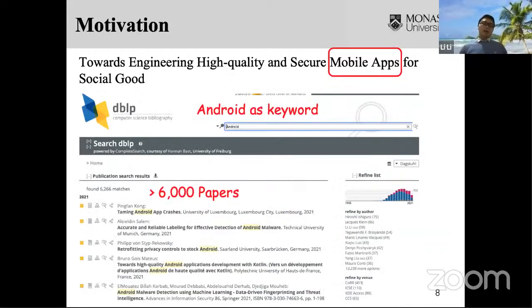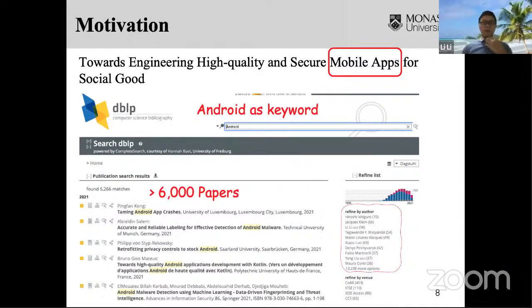And even on the academic side, although Android was only introduced roughly 10 years ago, there are already more than 6,000 papers published, based on a DBLP search I did today with Android as the keyword, so Android shows up in the title of all those papers. 6,000 is really a lot, which makes Android a very hot topic in this domain.